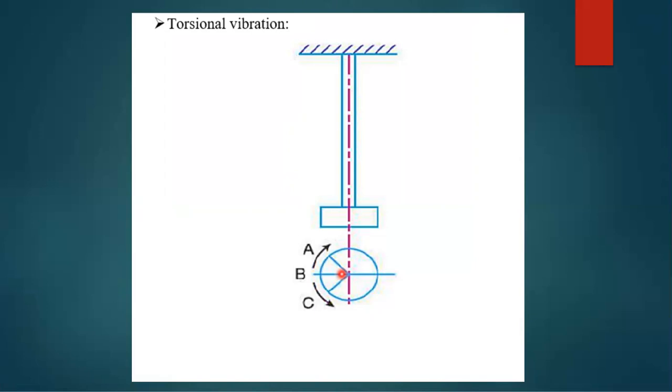Now we will be seeing the places where torsional vibration plays a major role. Torsional vibration is predominant whenever there are large discs or gears on a relatively thin shaft. So the disc should be very large and it should be attached to a thin shaft. At those places, torsional vibration takes place. We can also take examples such as a punching machine, an IC engine, or even a flywheel.